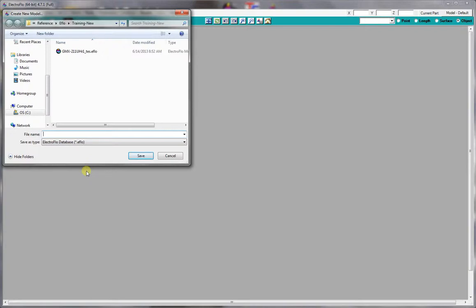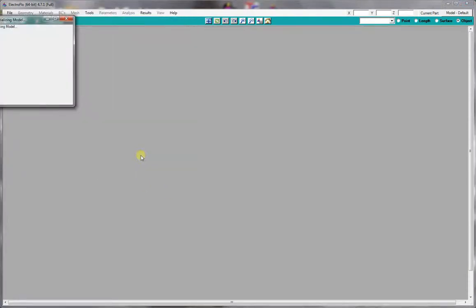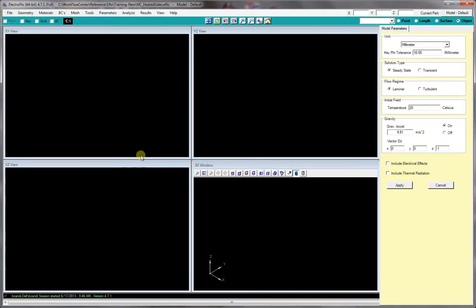We create a new model and give the model a name, something for natural convection with heated sidewalls, and click on Save. Now the model parameters form will automatically open up. Here we can set any of these global parameters, but for this simple model we choose to keep everything the same